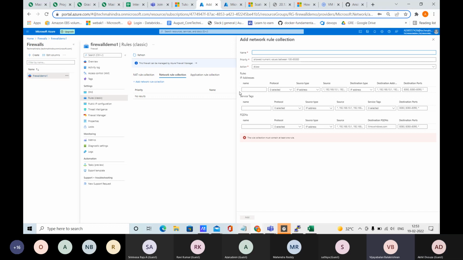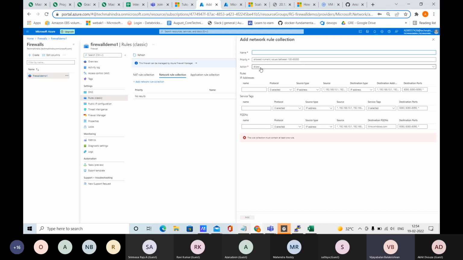So then only you can align, add, or define the priority numbers as per the existing, maybe you can call it a CMDB, right? Normally CMDB is the inventory where you can keep all assets, not only assets, complete governance, even all your rules, everything. And then you can create multiple rules with the protocol, the source type, the source, destination type, destination. This is why I asked you to open an Excel sheet and create some draft, right? So that information you have to key in. You understand, right? Yeah.